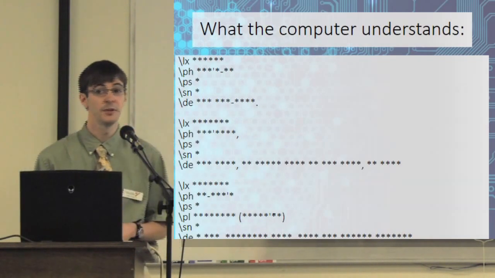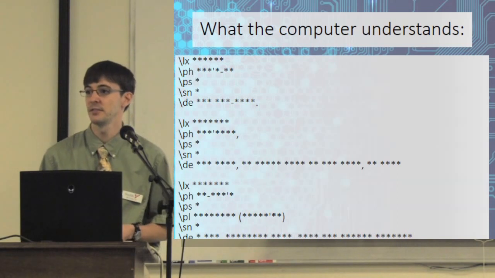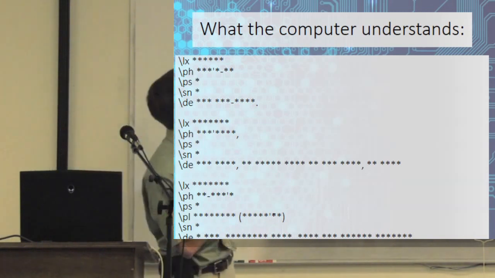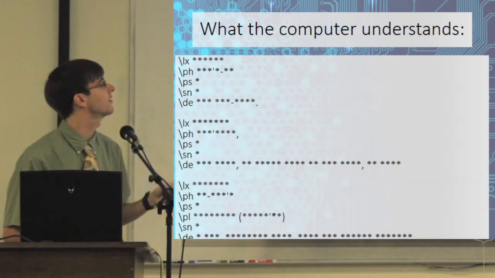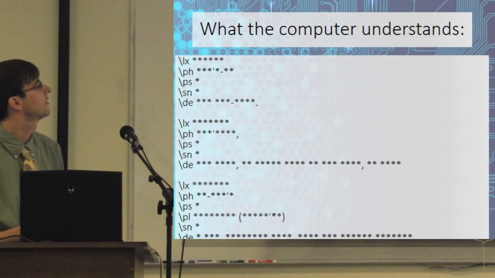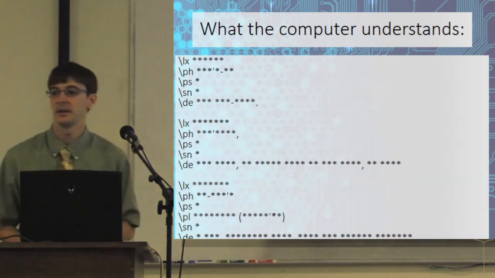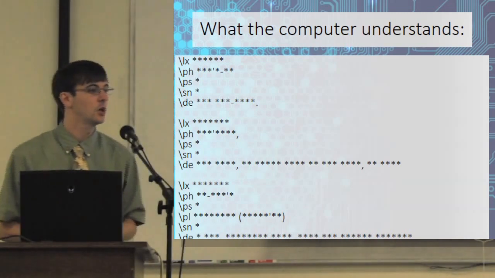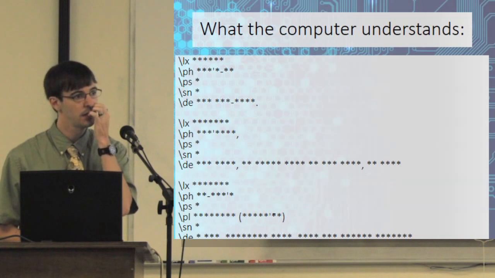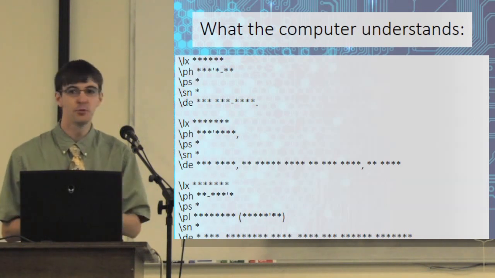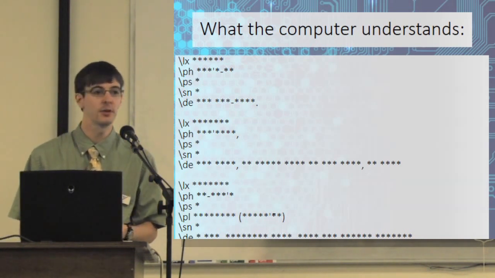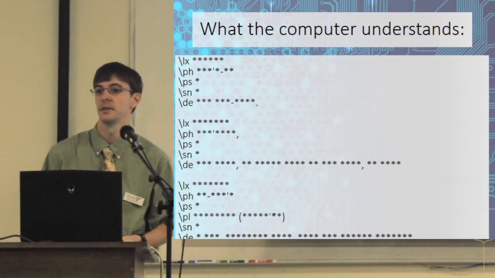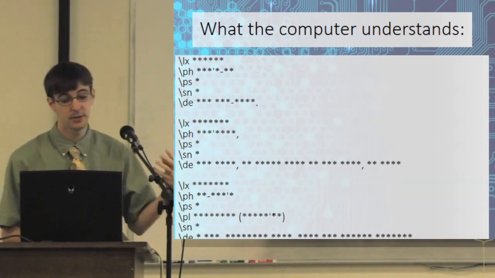So again, what does the computer really understand about a Toolbox database? Well, it understands at this point that you have categories. This is a category here of lexeme, and then part of speech, sense number, and definition in English. Although there are published standards for what this structure should be, people are very liberal with it, and a lot of times it really requires asking the person that wrote the database to figure out what some of this structure really is. It's not self-describing very well.